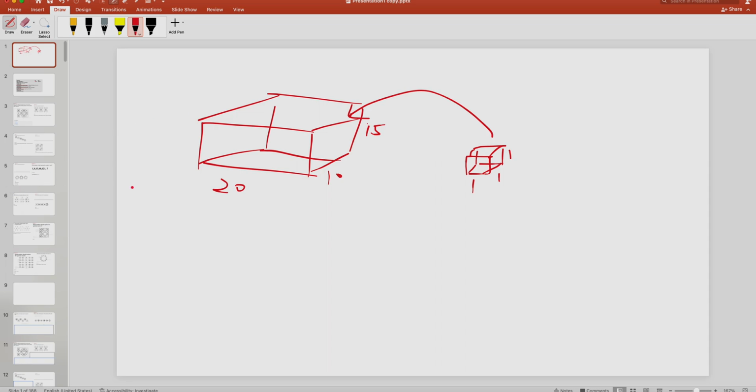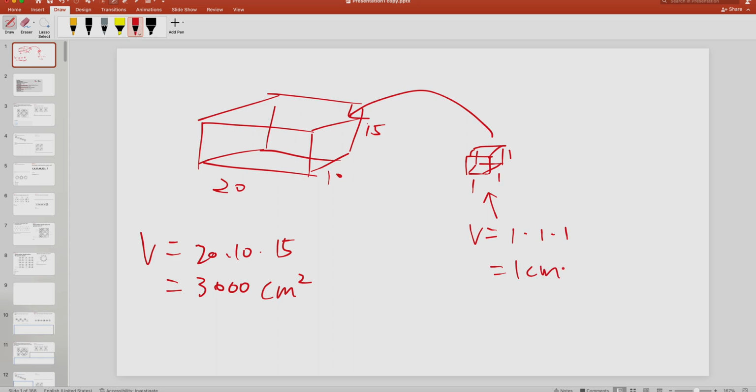You find the volume of this thing, right? Which is 20 times 10 times 15. Can you help me out? Yeah, 3,000, right? So it's cm cubed. And then you find out what's the volume of this cube, right? 1 times 1 times 1 is 1, right? And then in order to know how many inside this,